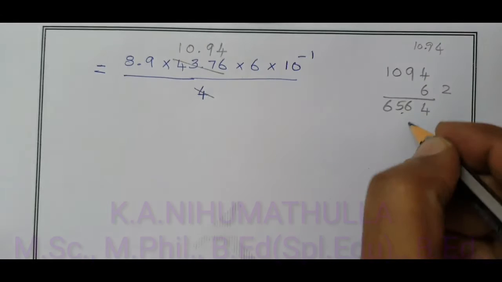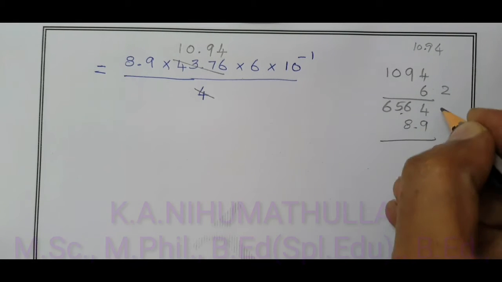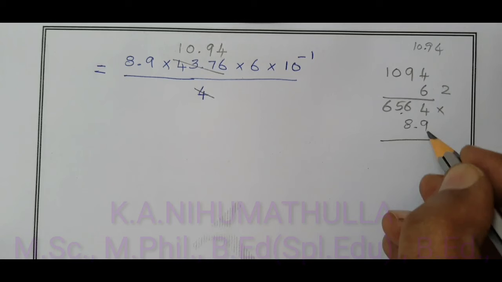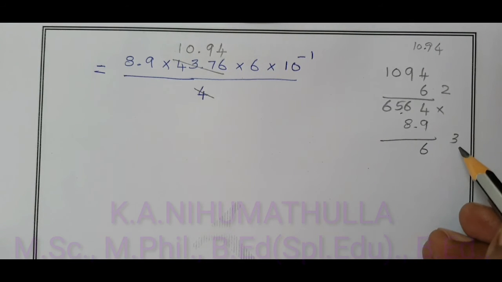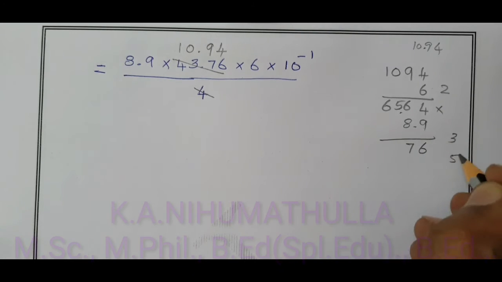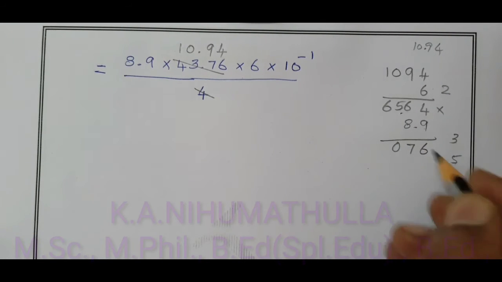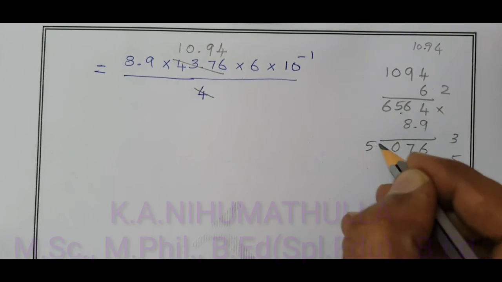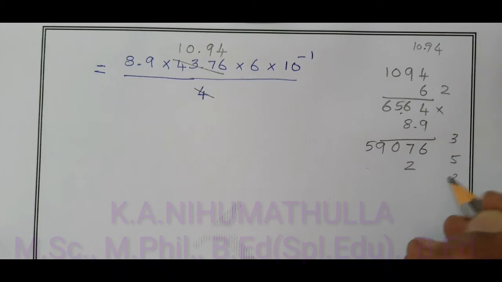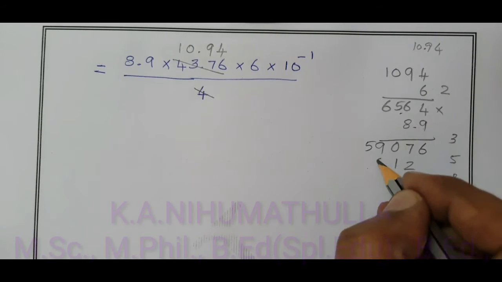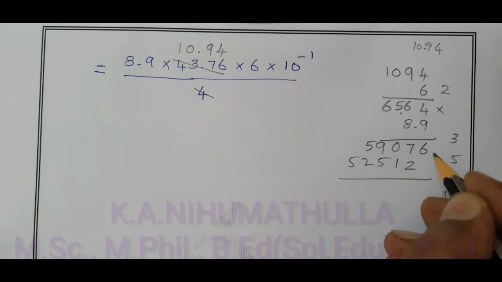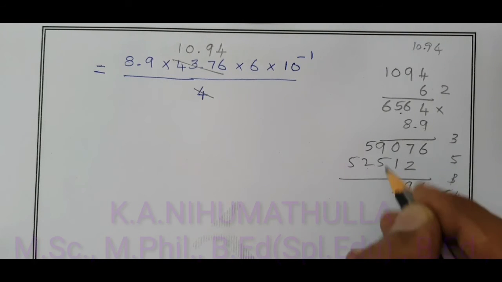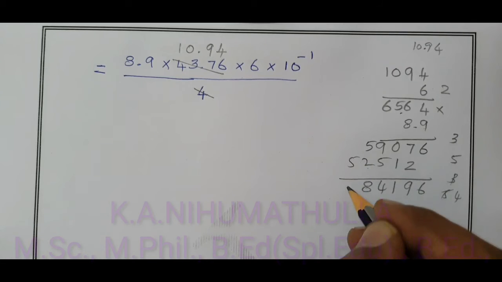Again it is multiplied by 8.9. First multiply these two values. 9 and 3 are 9, and 4s are 36, remaining 3. 9 and 6 are 54 plus 3 equal to 57, remaining 5. 45, 50, remaining 5. 54, 59. 8 and 4s are 32, remaining 3. Then 48, 51, remaining 5. 40, 45, remaining 4. 48, 52. When we add 6, 9, 1, 14, remaining 1, 8 and 5.